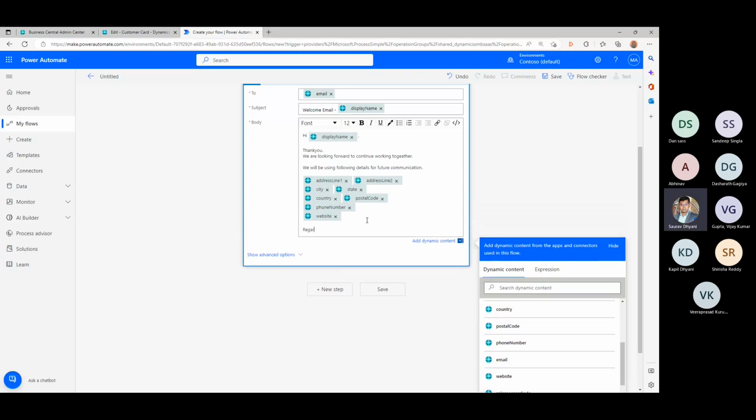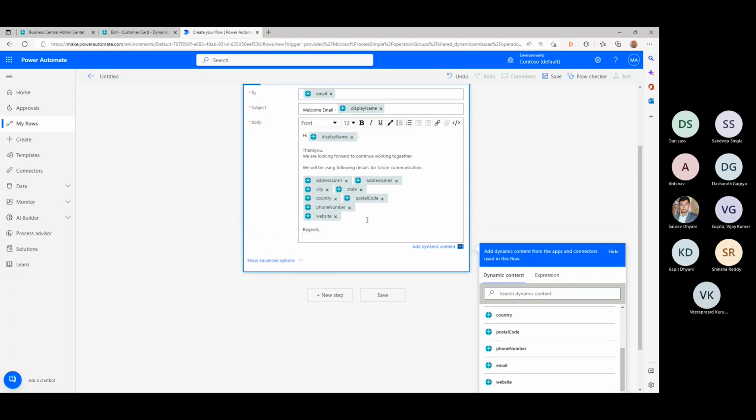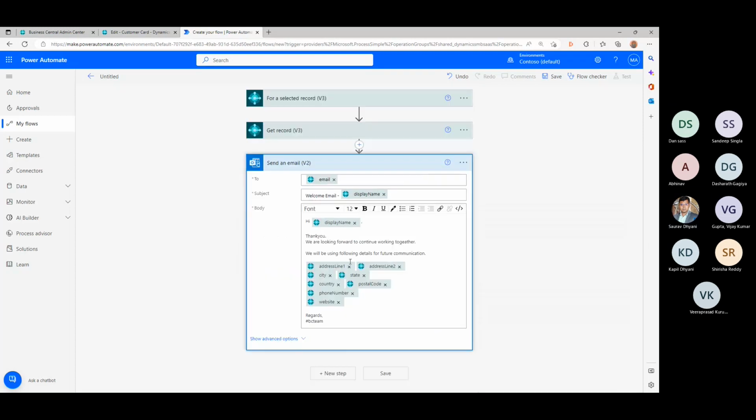And let's say then, okay. Now, if you want to bold and other things, you can do it here as you wish.